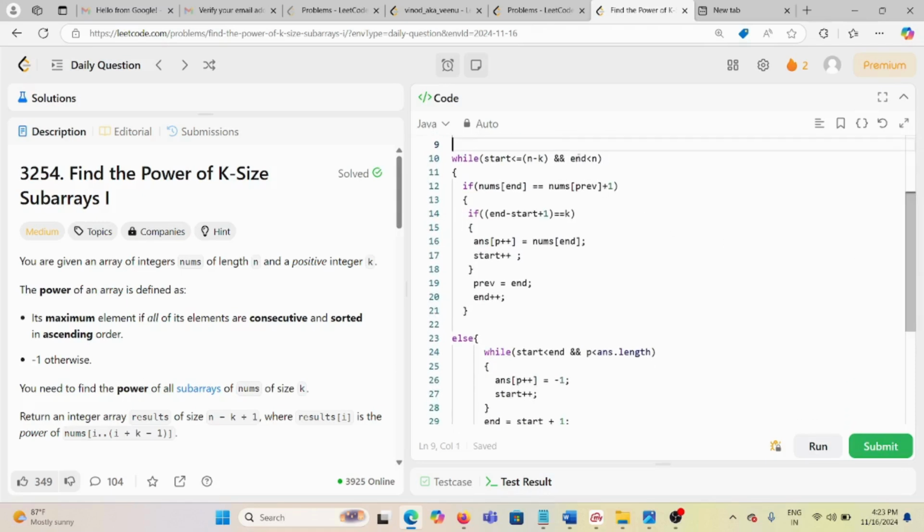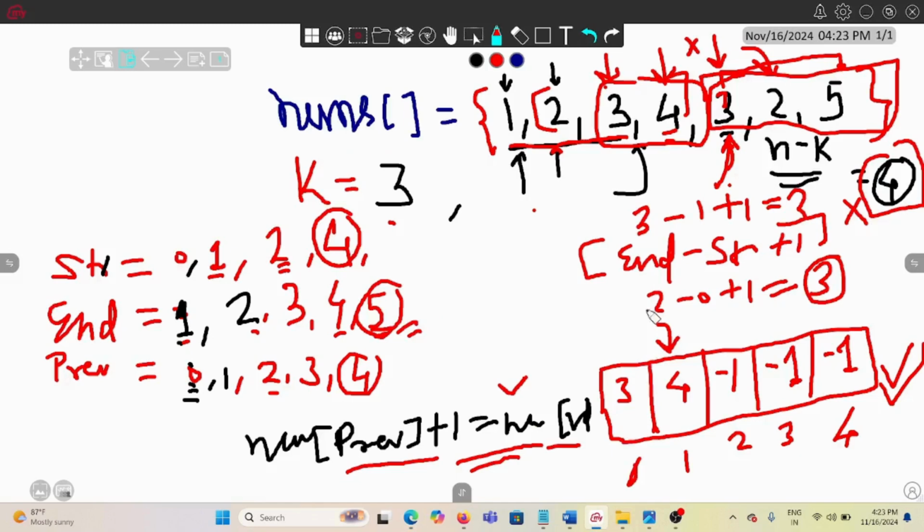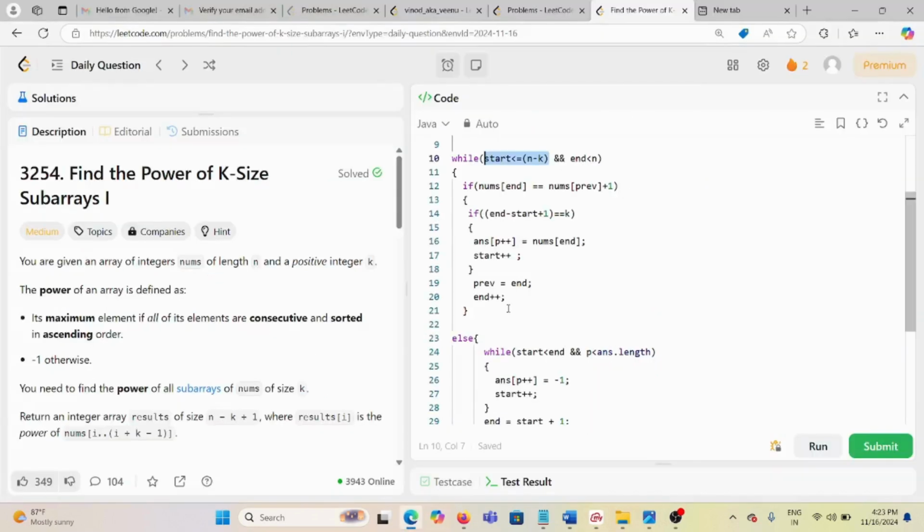So see here, while start is less than or equal to n minus k, this is the last value up to which it can go, right? See here, we came here only till this index 3, right? Same way we are making it go only till the n minus kth value, and end is less than n. These are the conditions. Then, if nums end equals nums previous plus 1,